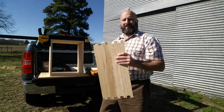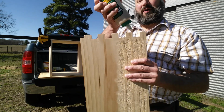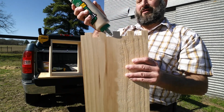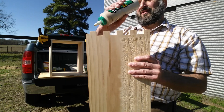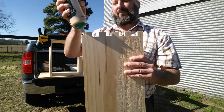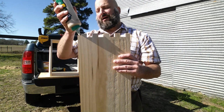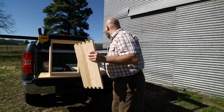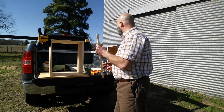And I'll go in here and I'll put my glue in. I'll go like this all the way down. Okay, and then especially right here, because that's where that flap that's prone to breaking attaches for the frame holders. Okay, now once I have both sides done,